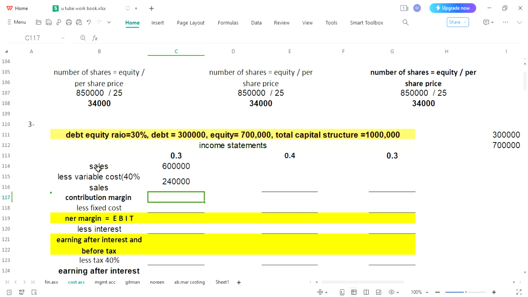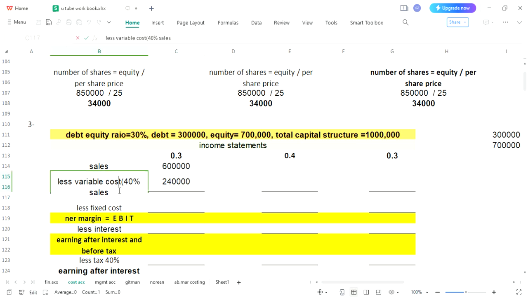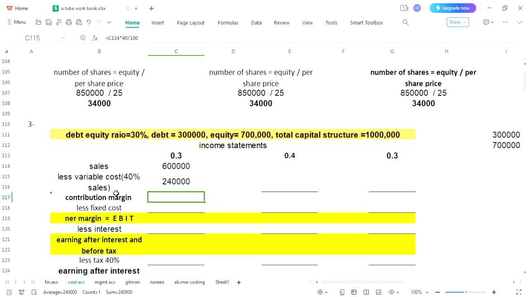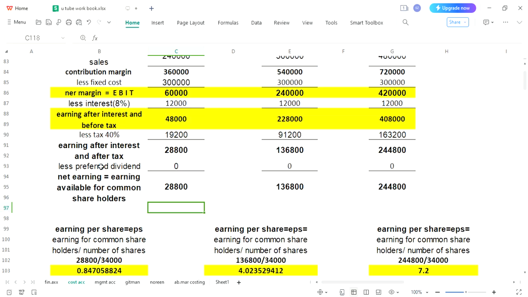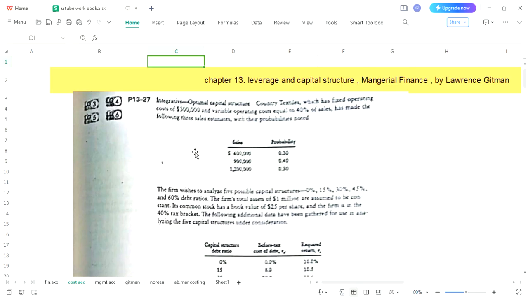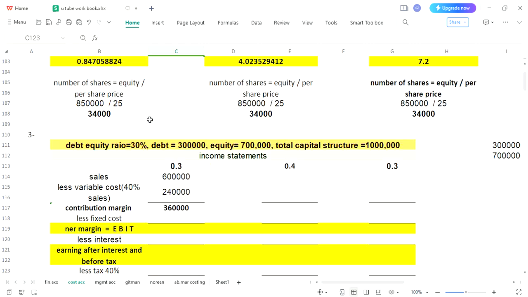Okay, here a bracket needs to be put. I was just wondering why sale is written over here. So it was actually 40% of sales. Contribution margin is the difference between sales and variable cost. To calculate this difference, you will write sales and subtract the amount of variable cost, 240,000. So we have got our contribution margin. Then in the question, this fixed cost of 3 lakh would remain the same and would not be altered for any part. So again we have 3 lakh